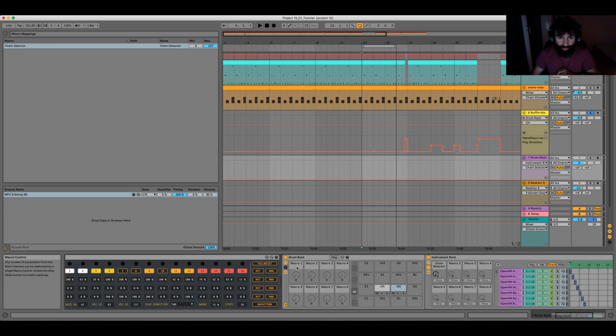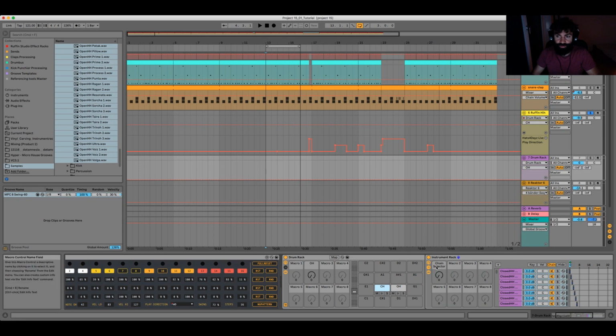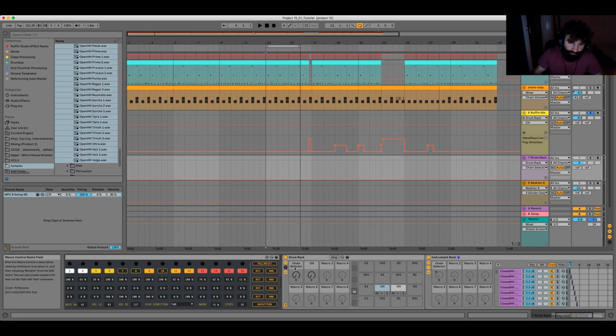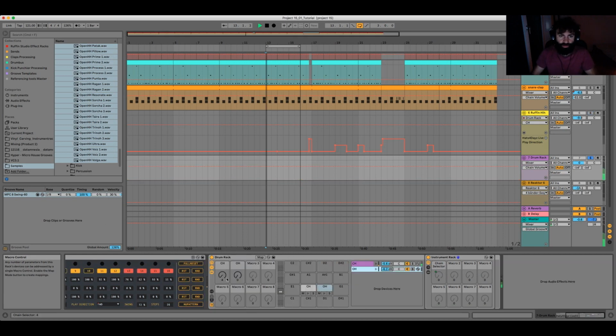Now I go to the drum rack and I map the chain selector here to this one, which is the open hat, I guess, and then same here, map, chain selector for the closed hats, leave it, closed hats, let's test it. Now if I don't like this one,